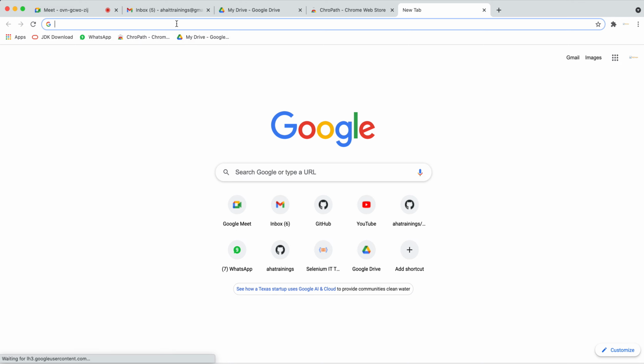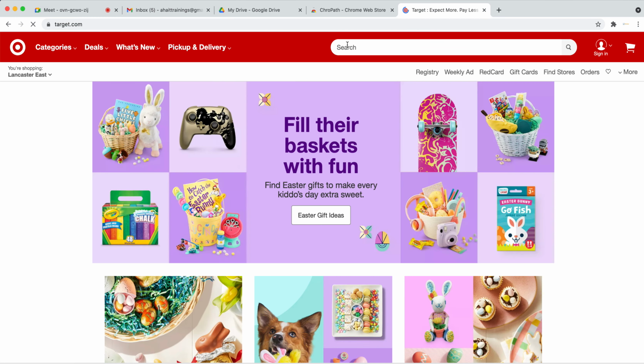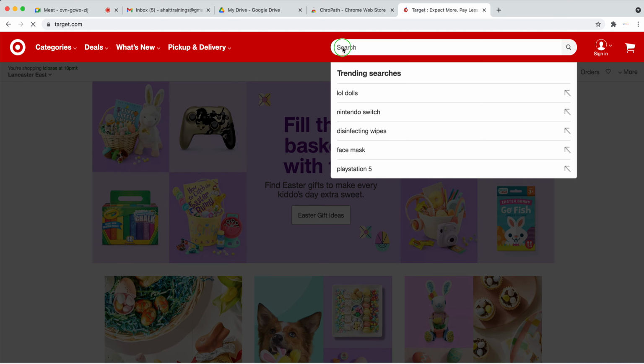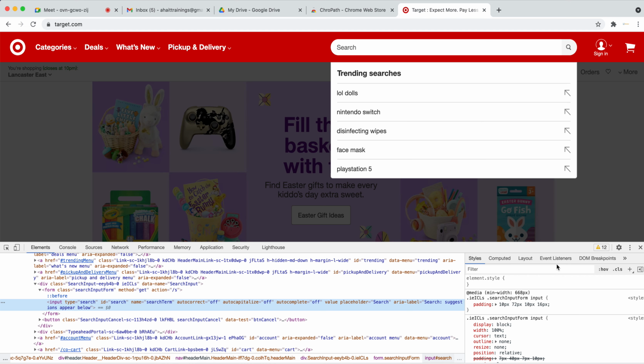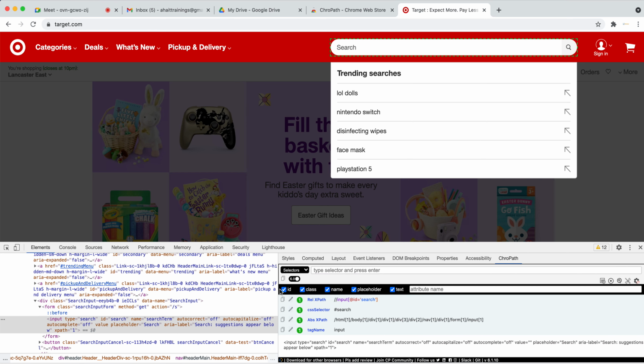when you do inspect something, right click here and go to inspect. See, you should see the ChroPath here. So the advantage of ChroPath is this is a tool. It will show you the XPaths of this text box. See, right now it is showing 4